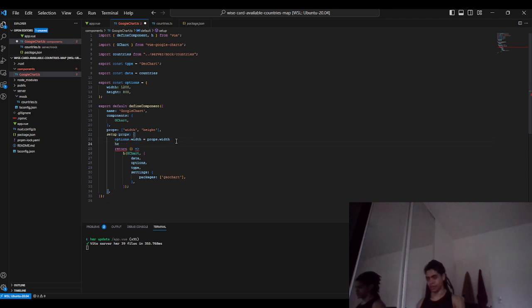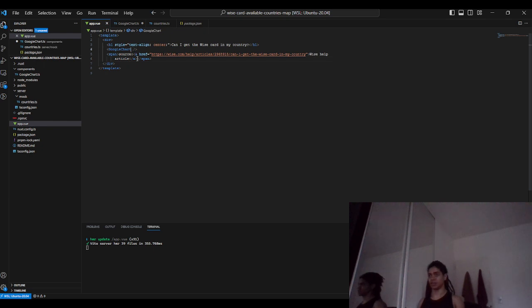And the height, I mean this is the options.height, but this will come from the props. And not only that, then I need to define that here in the Google chart is the width, but for that